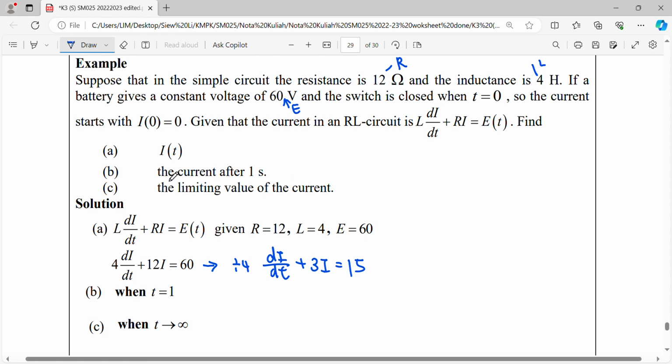And then we have to solve this. Then we find the current after 1 second. So when t equals 1, what is your current? And your limiting value of your current means after you close this electric circuit for a long time, so when t approaches infinity, they ask you what is your current. So for the first one, A,